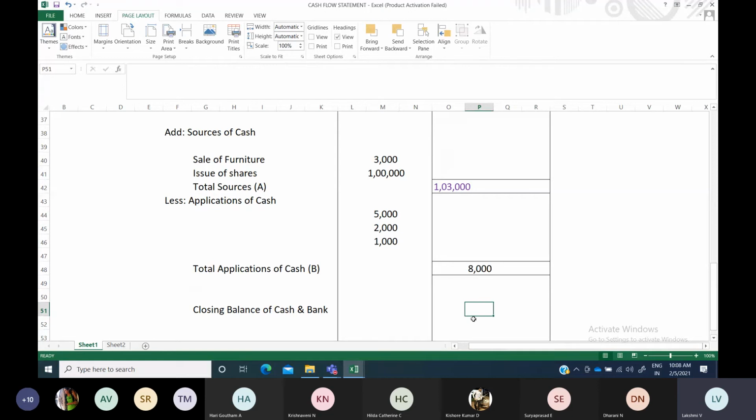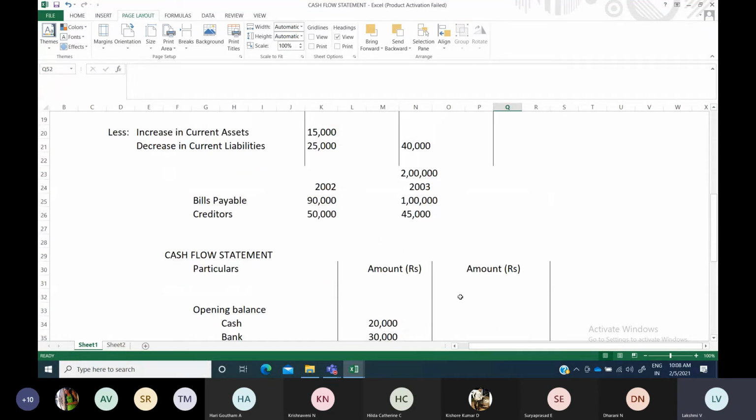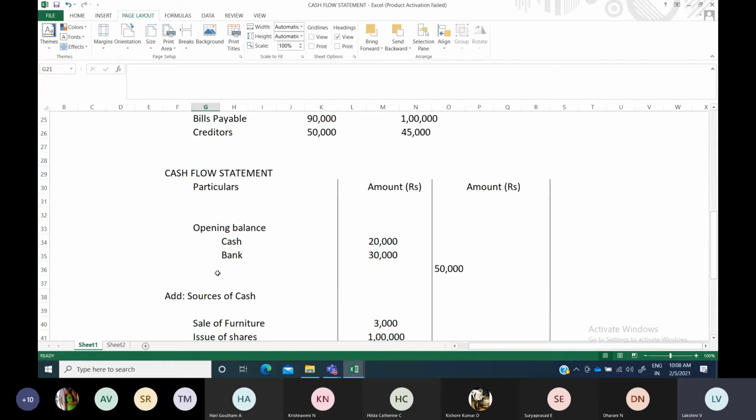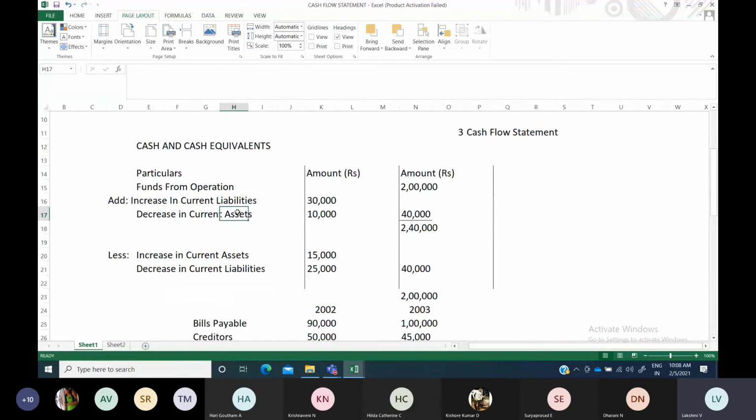Sometimes in accounts, they will give minus in brackets. If 8,000 minus 8,000 comes, minus 8,000 will sometimes be shown within brackets. Okay, within brackets means minus, meaning negative. So like this, you will be preparing cash from operations other than cash and bank balance, because we are going to take it over here. Okay, so we are taking this item here, so you should skip this item here. Only other than cash and bank you have to take over here.